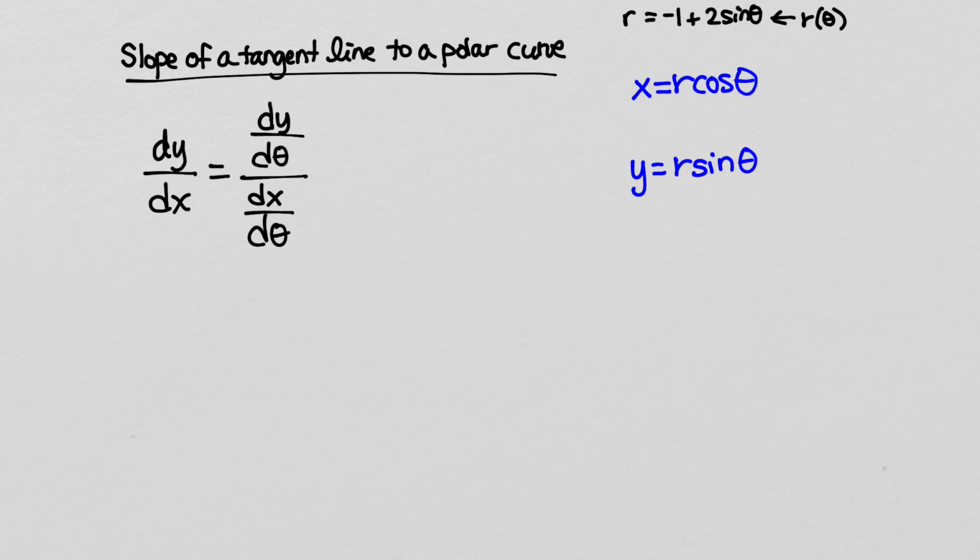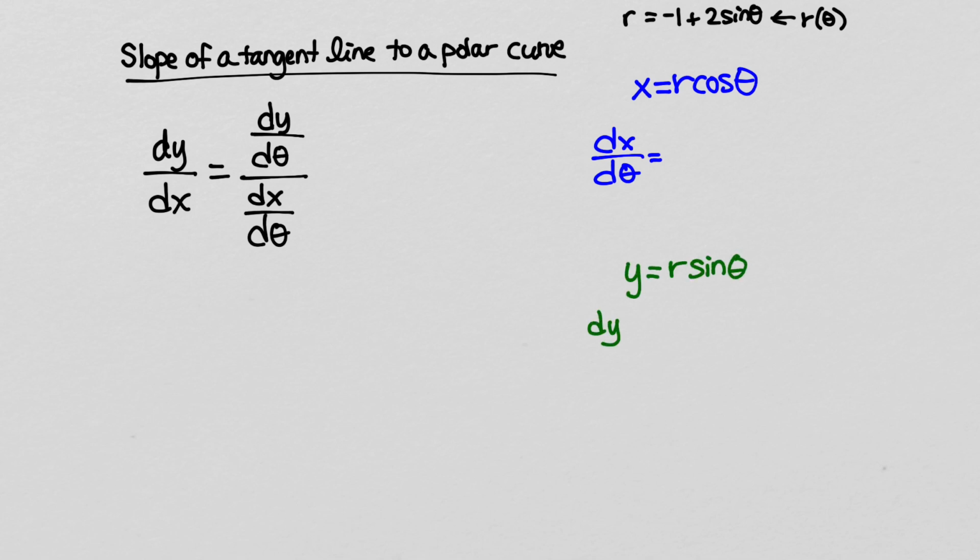So r is a function of theta, and cosine is a function of theta. So if I want to find dx d theta,